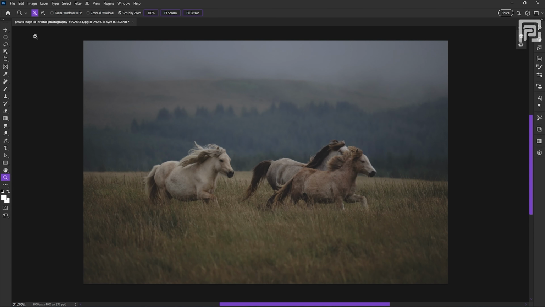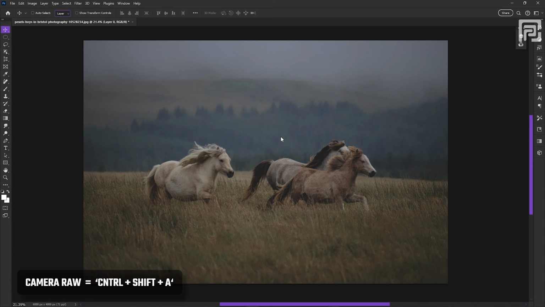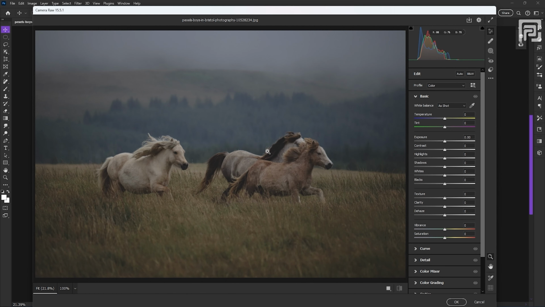I would recommend you use a TIFF format image so that you get all your details with the best quality without any artifacts. And after all your basic adjustments of cropping and everything, just open your Camera Raw by using the shortcut Ctrl Shift A. And if you're having an overexposed image, you can use these settings recommended by the Dehancer team